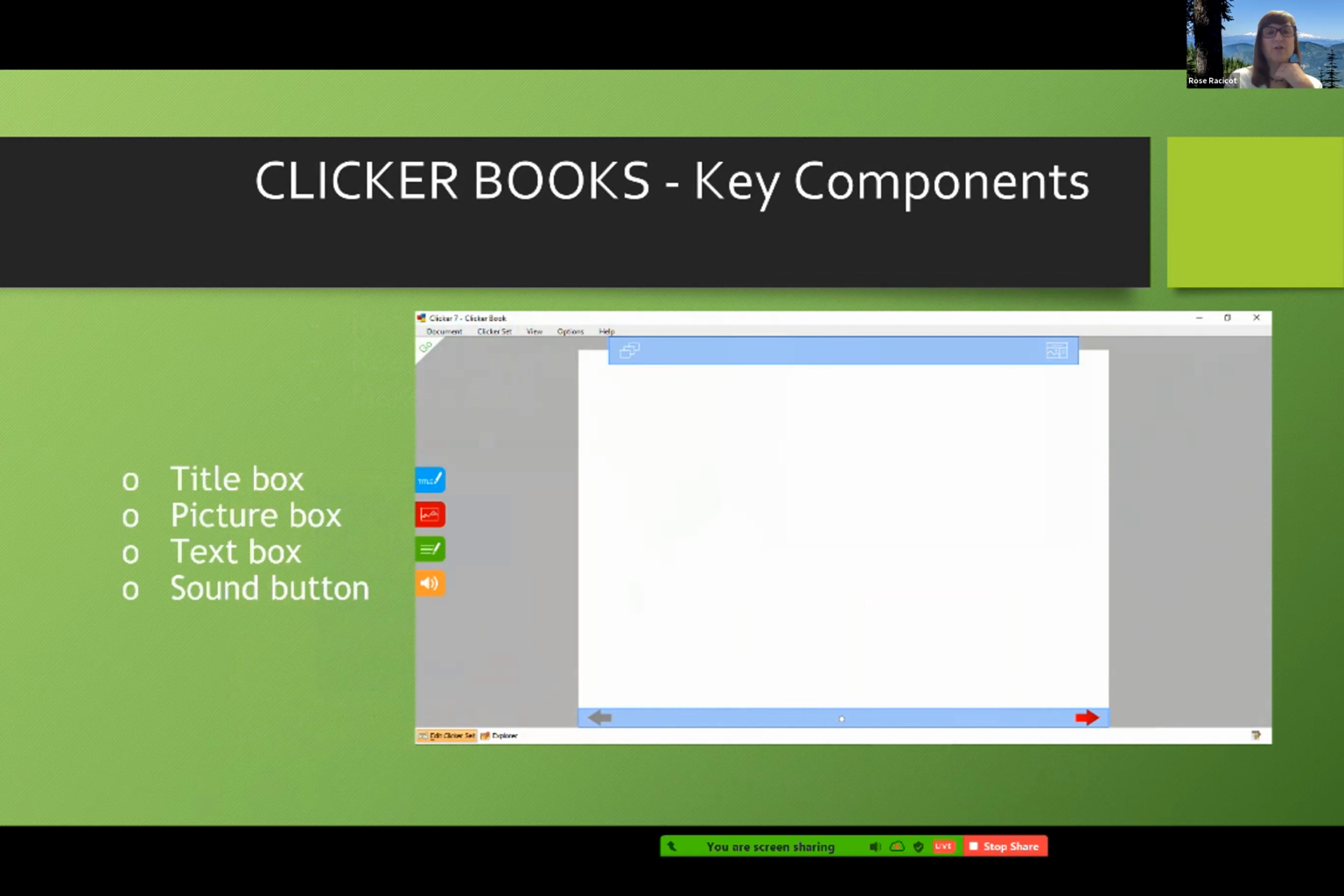So here's kind of a close-up of just a blank Clicker book. And I think when I have a few minutes left, I can show it to you live again too. But these 4 icons, top to bottom, just represent creating a title box. So click that first, a title box pops up. Then you go to the red icon and click that, and then a box would pop up where you just click and insert a picture or take a picture. Then the third one is you'd add your text,